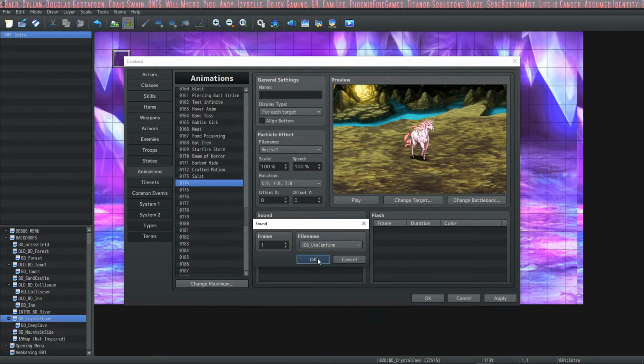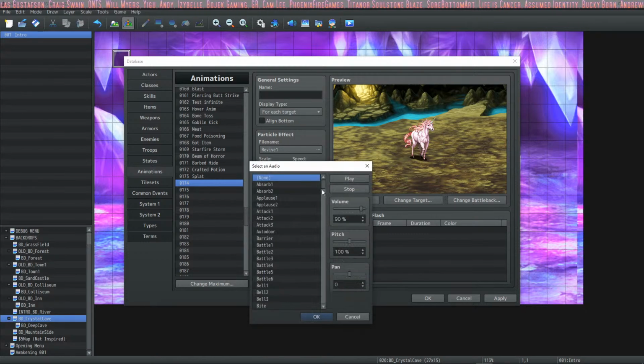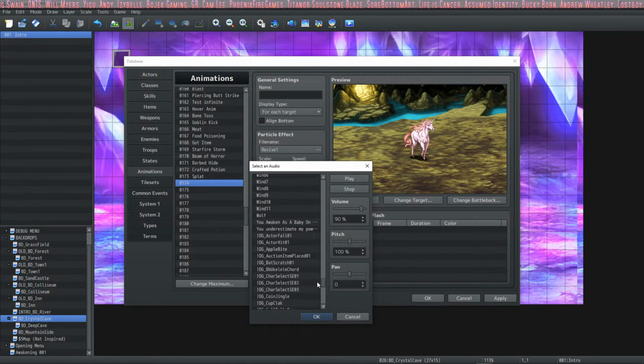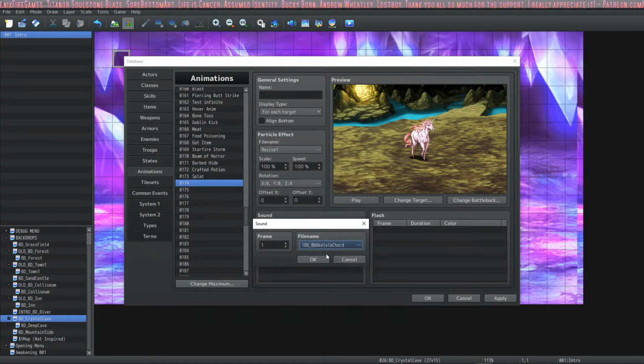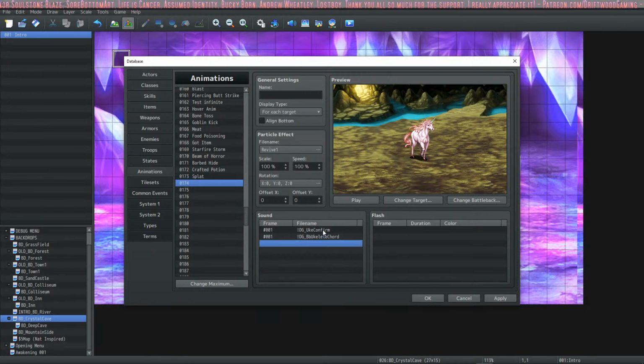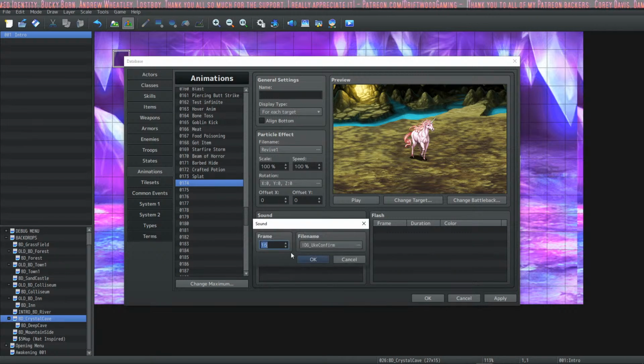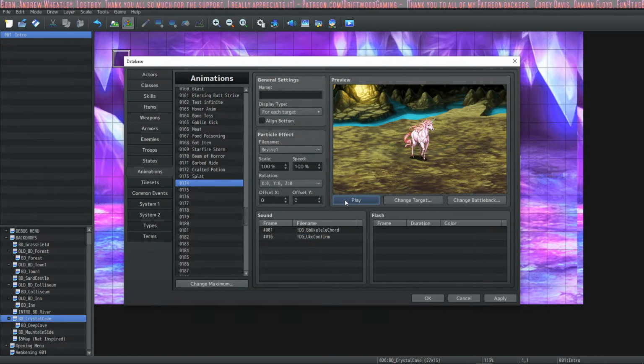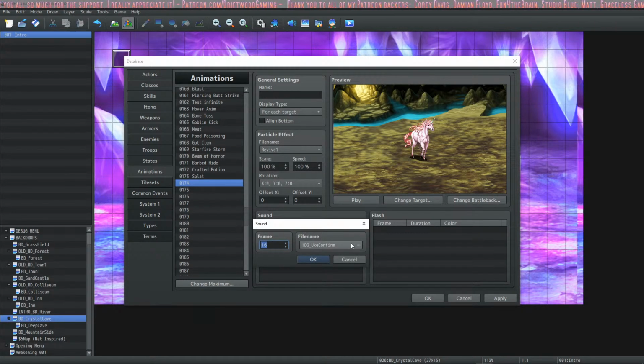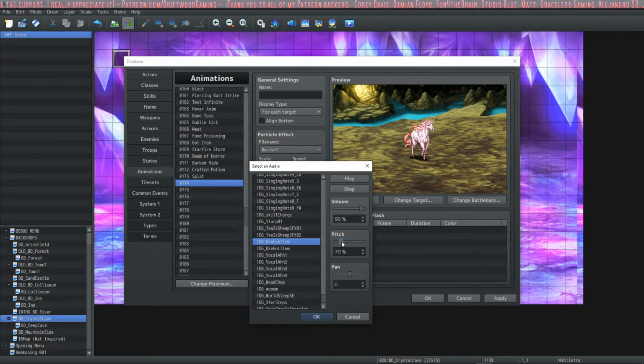There we go. It's cool that I can change the chord and the pitch with this.